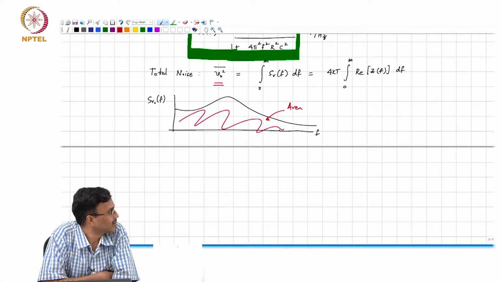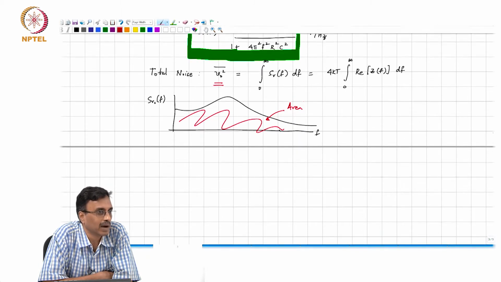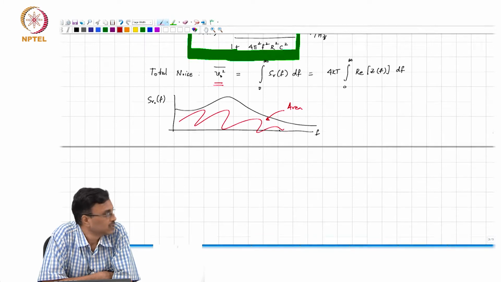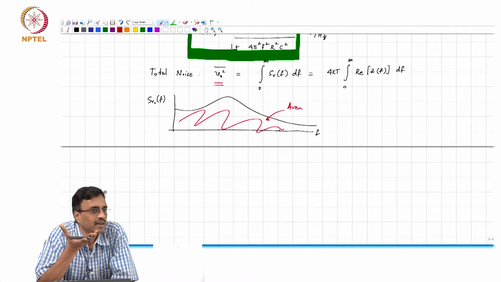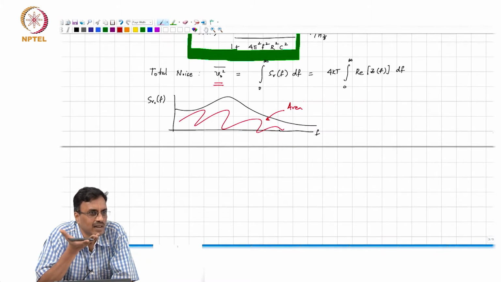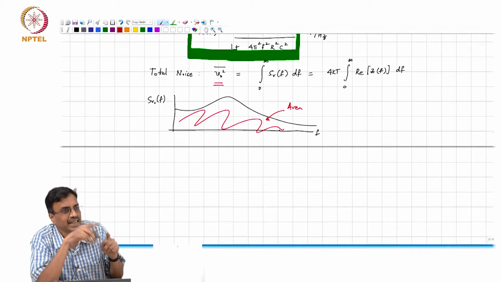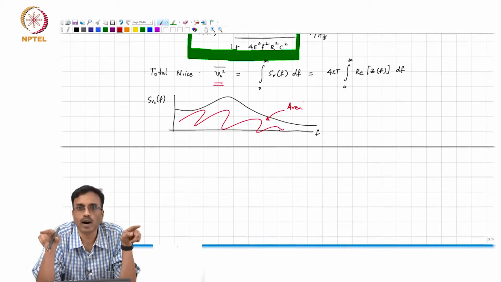Now, does somebody see this as being kind of long winded and perhaps unnecessary? See, we are only interested in finding the total area under the curve, right. The exact nature of the curve is irrelevant. So, it does not make sense to find the exact spectral density, which is a lot of work, right.